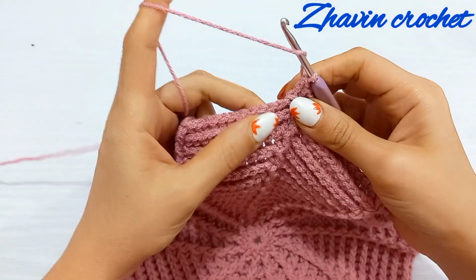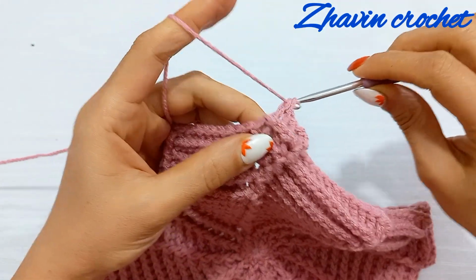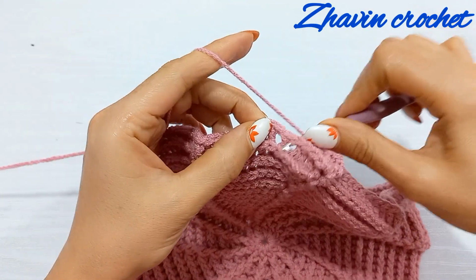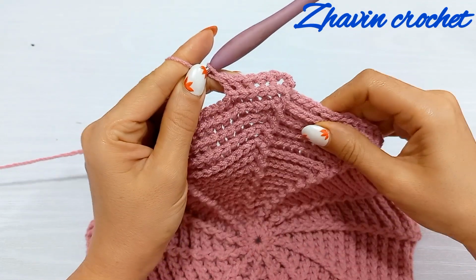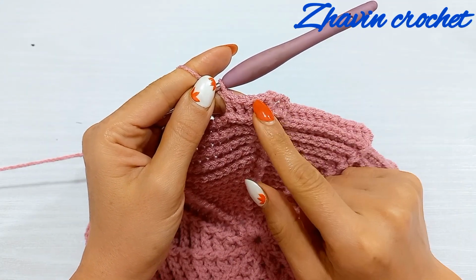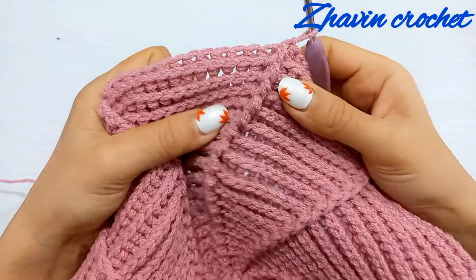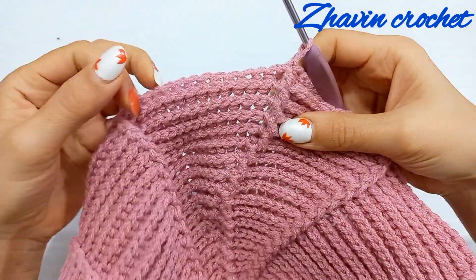So in each repeat make 1 front post double crochet around the front post of the previous round, and don't make the double crochet at the top of that. And after that make 13 back post double crochets, and repeat this sequence 11 more times. And after this round we should repeat this round 3 more times, and then we come back to start decreasing the hat. After making those 4 rounds, from round 15 until round 18, we should start decreasing